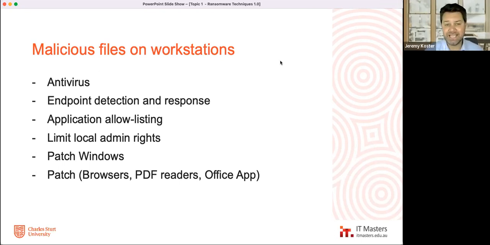We have application allow listing. So this is where nothing will run unless it's in a good list. This is the Essential 8, if those following are familiar with that, the top 4 are sitting here. So application allow listing means that you've got a list of signed applications, and if something comes along that is not part of that list, it just will not run, stops it dead. It's hard to deploy unless you've done it in a particular way. Yeah, very difficult, but also very difficult to get something past that if it's done correctly.